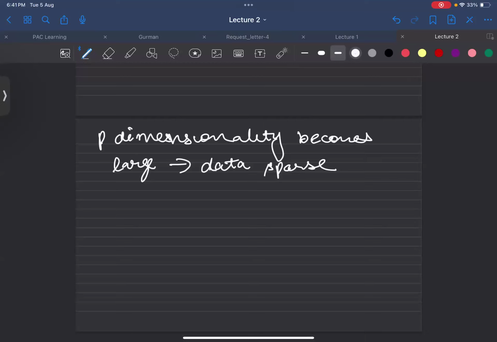Is the number of features involved? Number of features like age, price, etc. Yes, both are correct, as we discussed in the last class with the examples. When the number of features becomes very large, the data itself becomes very sparse. Sparse means the points are far away from each other, not forming a cluster. If they are far away, then doing this KNN is not a good thing.